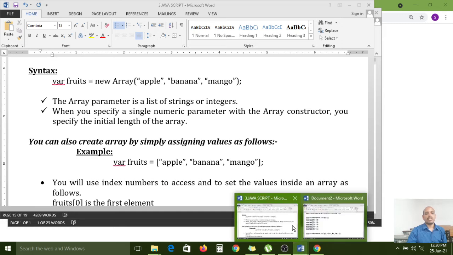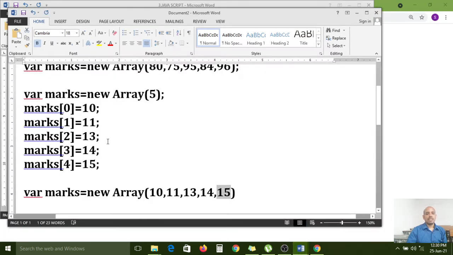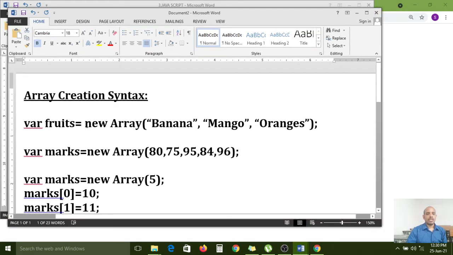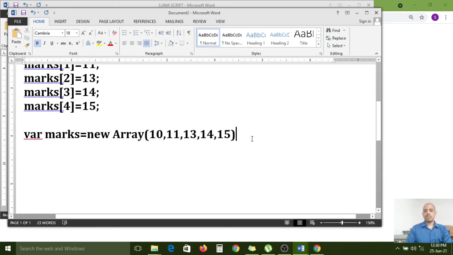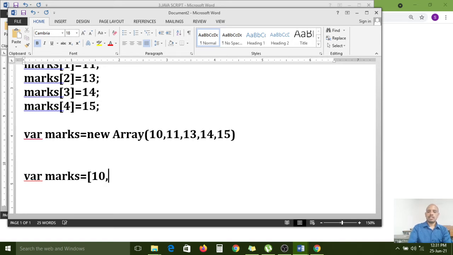And one more way to create the array. Here, by using new Array, we can create the fruits array object. Without new Array also you can create it: var marks equal to, and this part is not required. Instead of round brackets, we have to use square brackets: 10, 11, 12, 13, 14, 15.